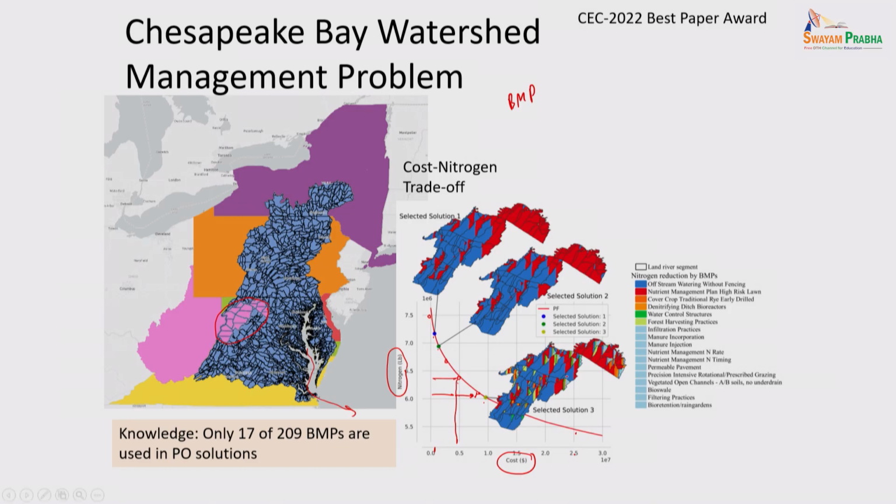Then we've done transfer learning. It so happens that if you optimize for this region, let's say, and this is more rural, and you come to this other part, a very similar landscape, whatever optimization results you find, that means what BMP to put where, you can actually transfer it there. So this is another way of optimizing at some place, taking the results and showing it to a similar place.